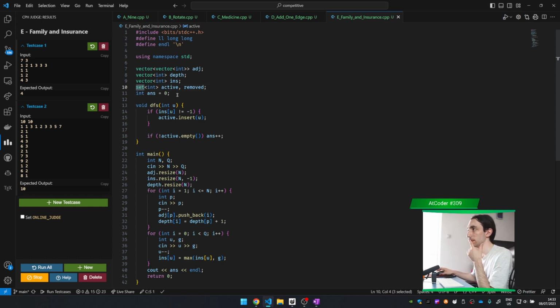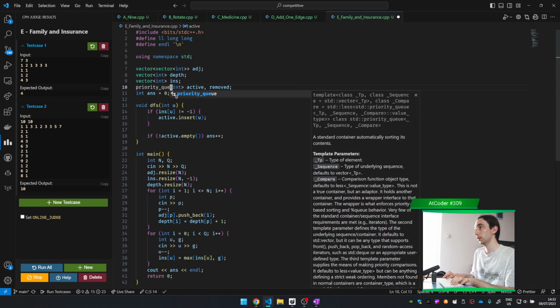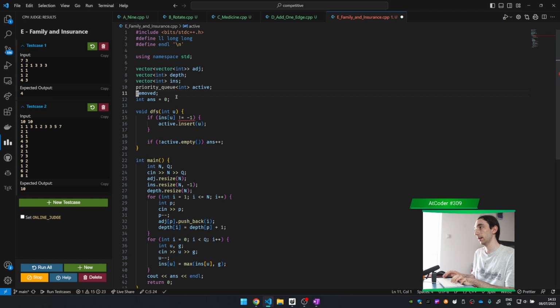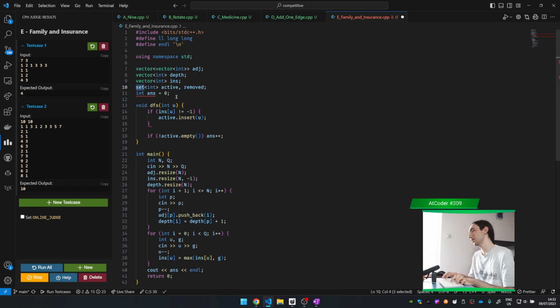Also set can act as a priority queue, but it won't be that fast. It has to be set because I need to delete. Yeah, it has to be set. So okay, in the set I insert myself, so I insert this U because it starts from here. In this set, insert U, then